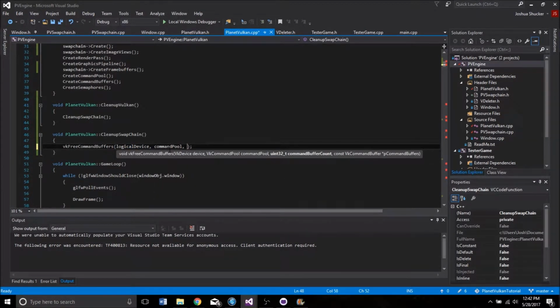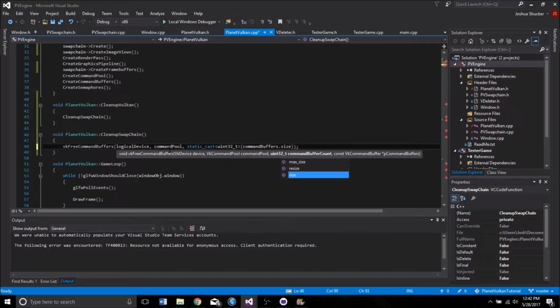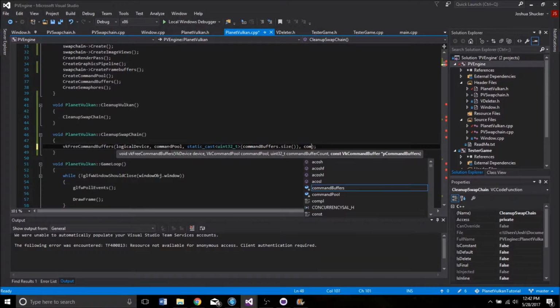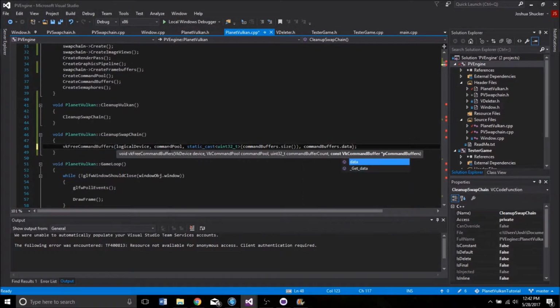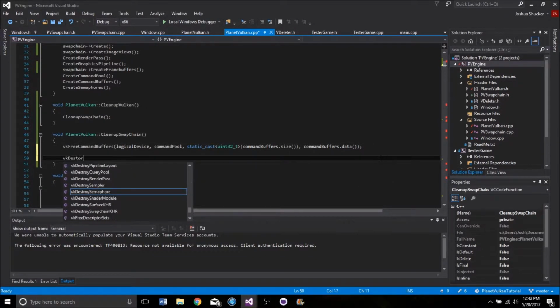the command buffer count, which we're going to do a static cast to uint32_t, and pass in command buffers.size. There we go. And the last one is the pCommandBuffers. We're going to pass in command buffers data. There we go. So that frees up all of the command buffers. Then we need to destroy the pipeline. So vkDestroy